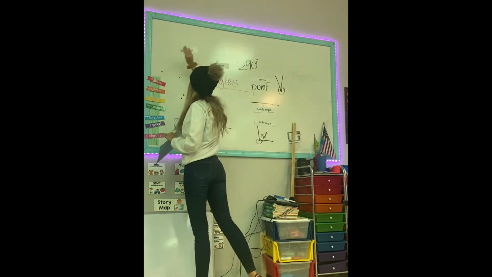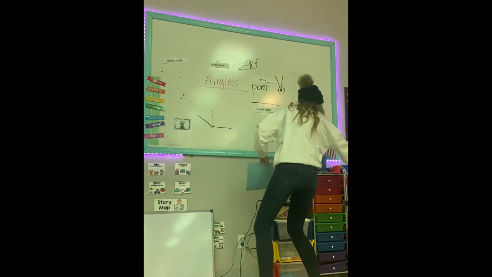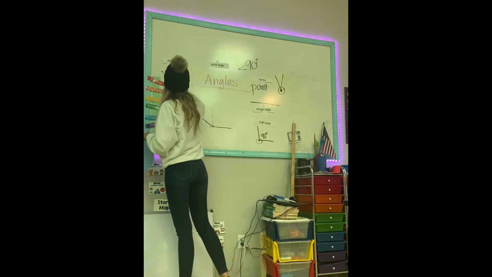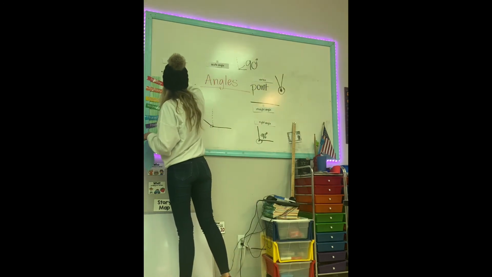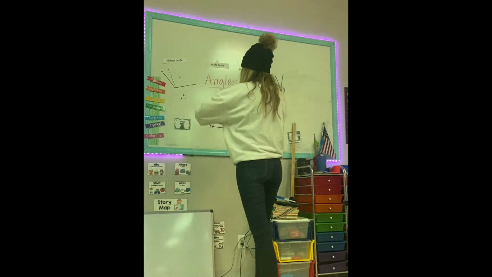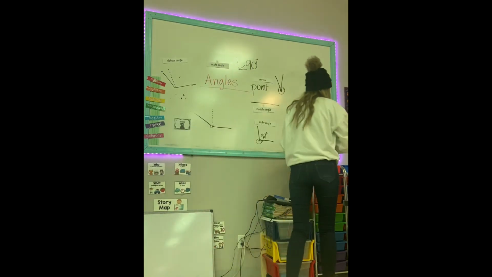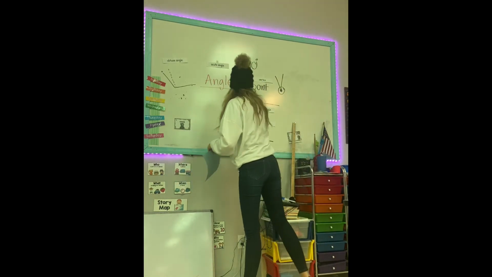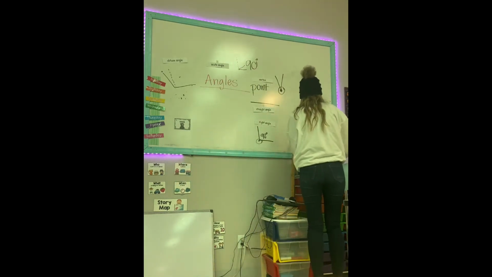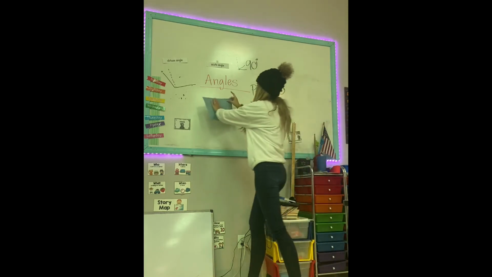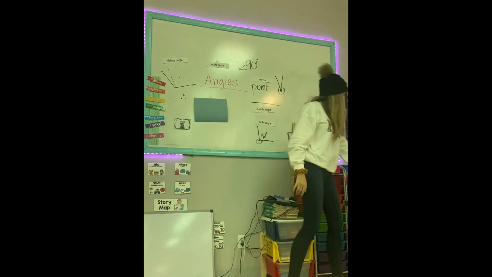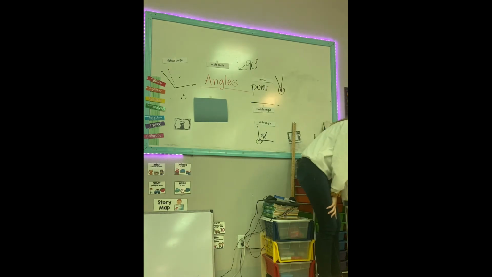Let's move this obtuse one up here. I'll redraw it so we can still have our reference. Draw that dotted line for our 90 degrees so we know whether it's bigger or smaller. Okay, so what you're going to be doing is with your materials and glue, you are going to be